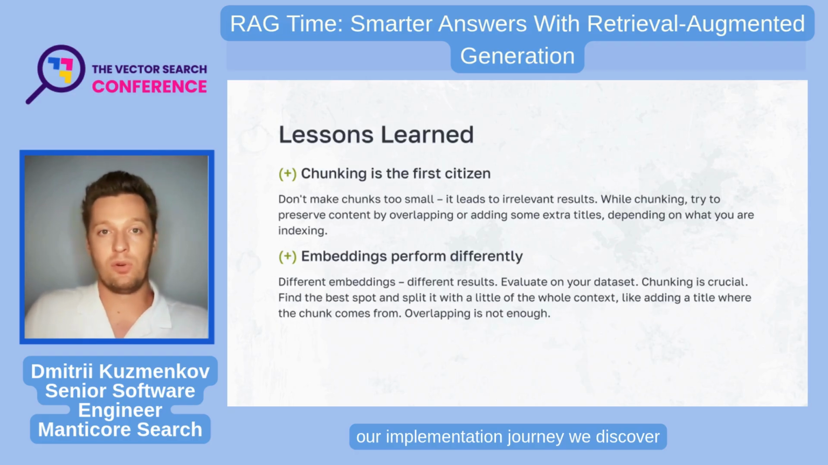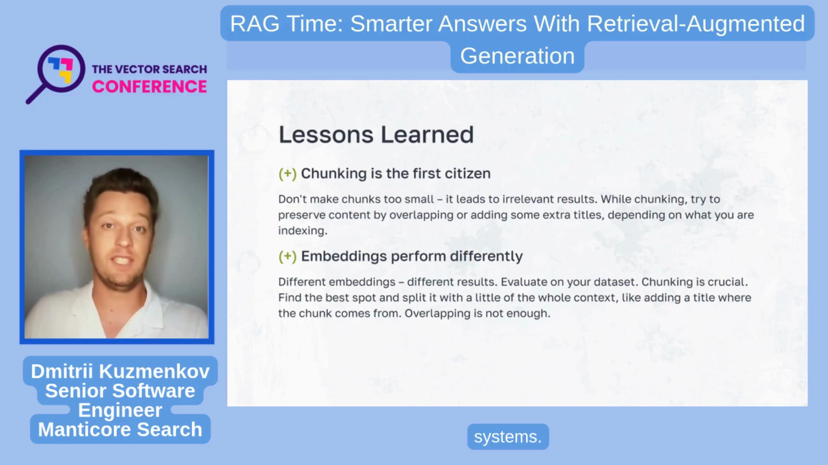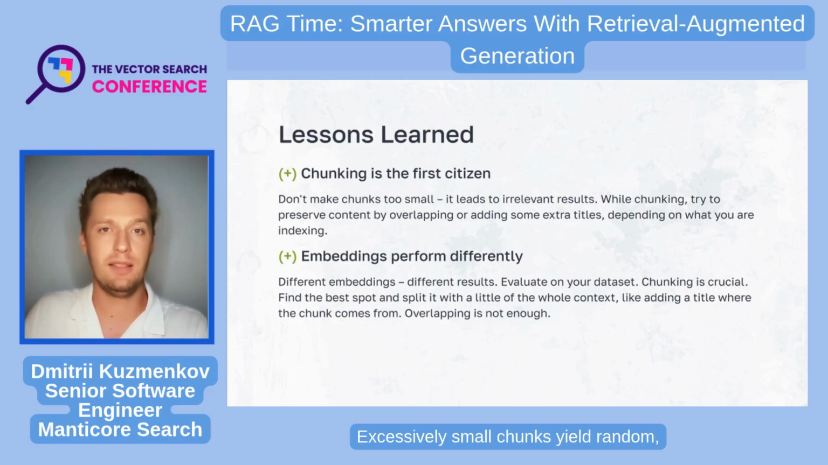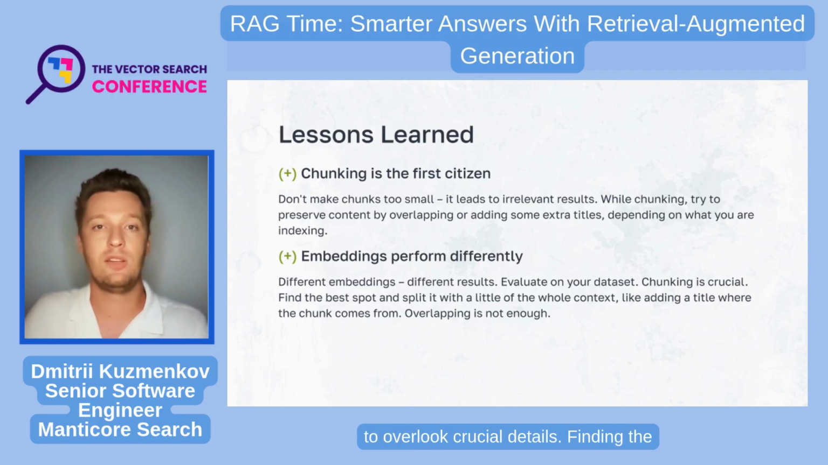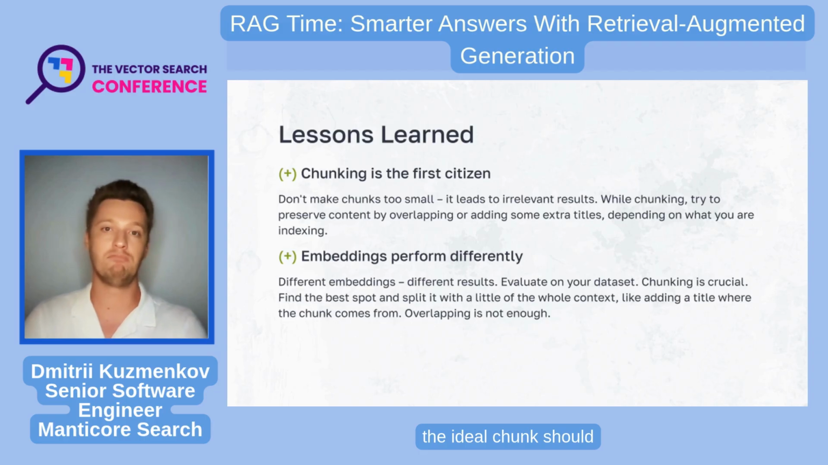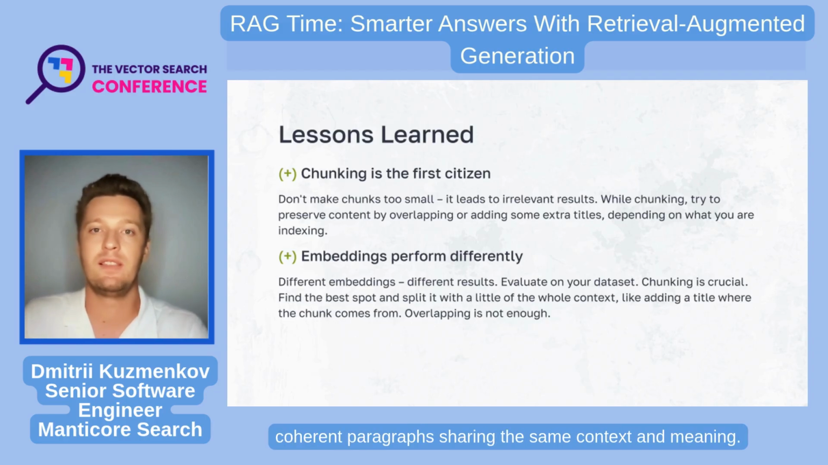Through our implementation journey, we discovered several critical insights that can benefit anyone working with retrieval augmented generation systems. First, chunk size is fundamentally important. Excessively small chunks yield random, irrelevant results, while overly large chunks cause the AI to overlook crucial details. Finding the optimal balance is essential. For human-oriented responses, we found that the ideal chunk should typically consist of 1-2 coherent paragraphs sharing the same context and